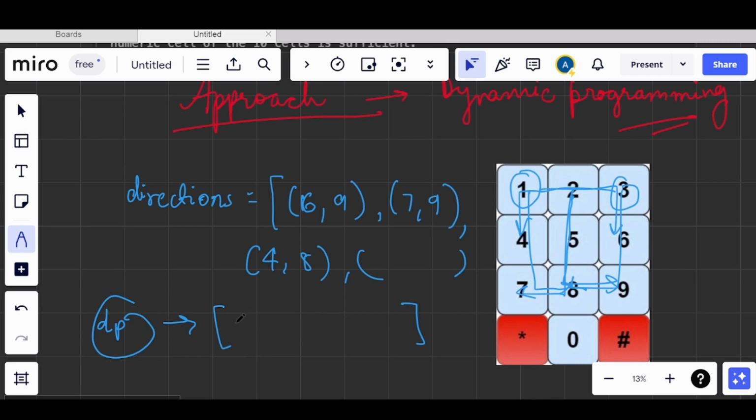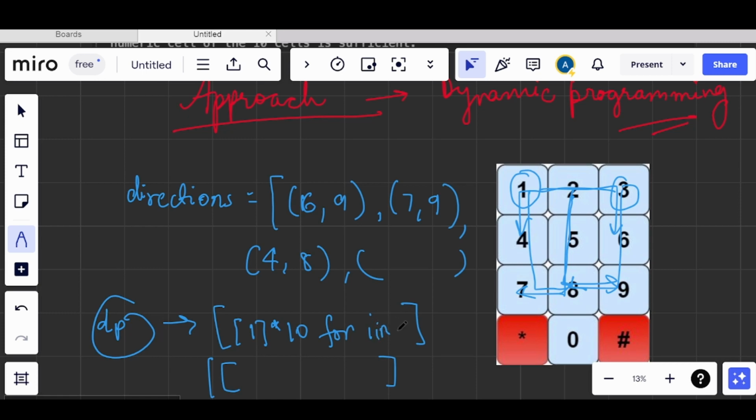Now for dp, we will declare a two-dimensional dp and it will store 10 values in each row. The number of rows will be equal to n.